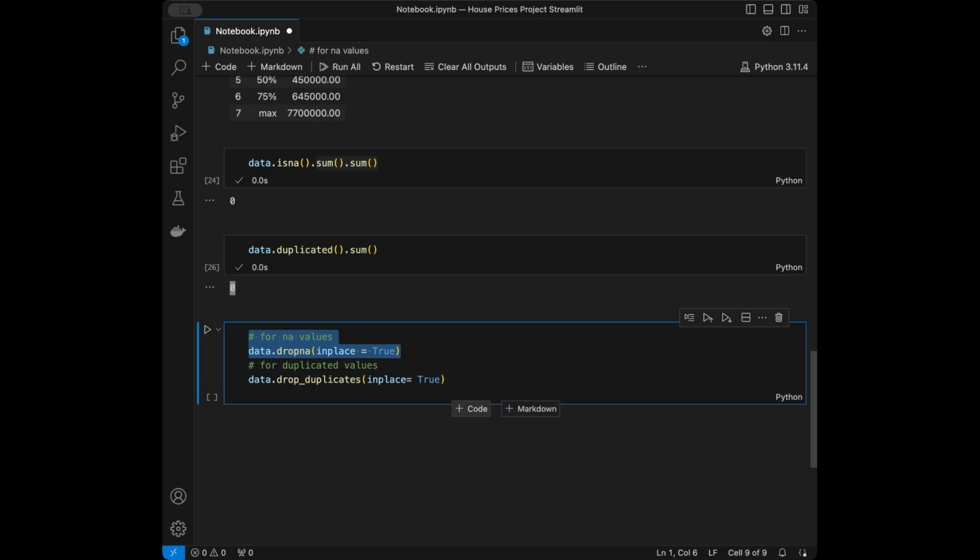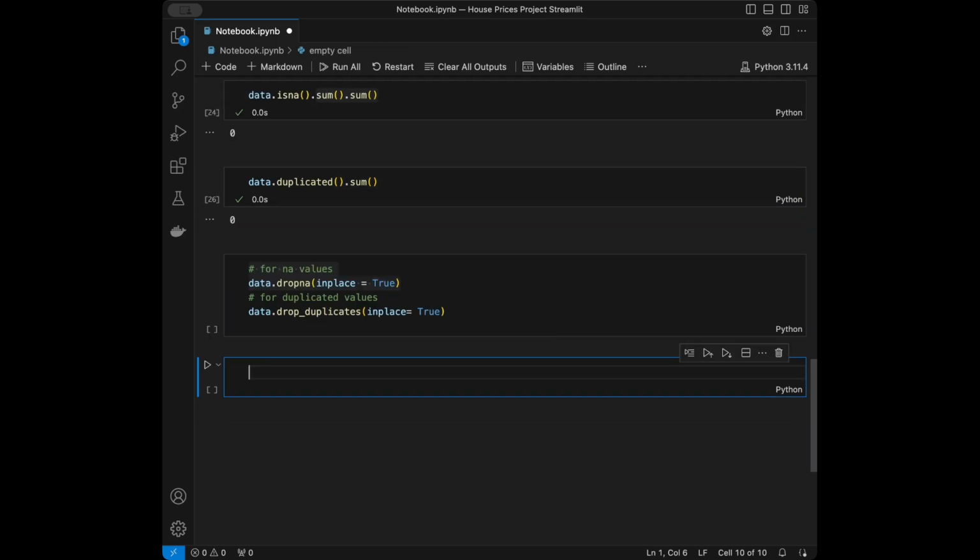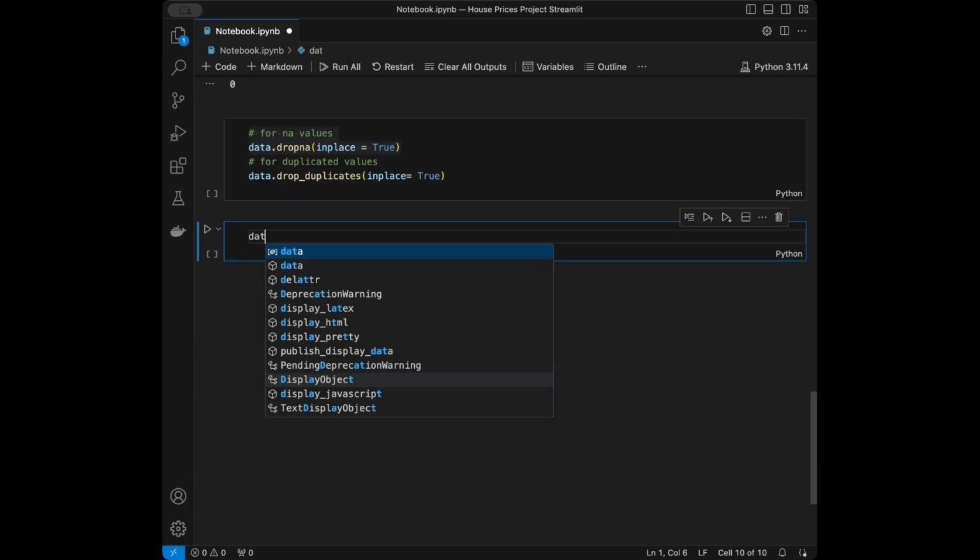Also, there are other ways of dealing with these values, like you can make slight changes on duplicated ones, or fill the NA values with mean, or you can use interpolation, but I'm not going to talk about all of them in this video. And next I'm going to call my columns,